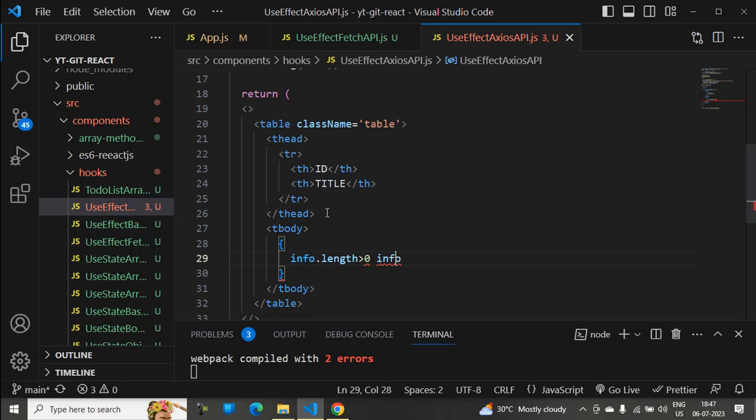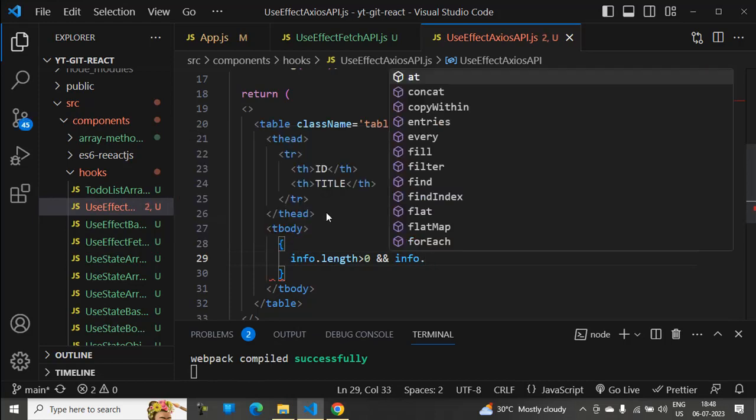The length tells how much information is there, as of now 200 rows are there, so it is greater than 0. If the data is there, meaning the length is greater than 0 and some records are there, then and only then are we going to map the data and show it in the table in the browser. Mapping,